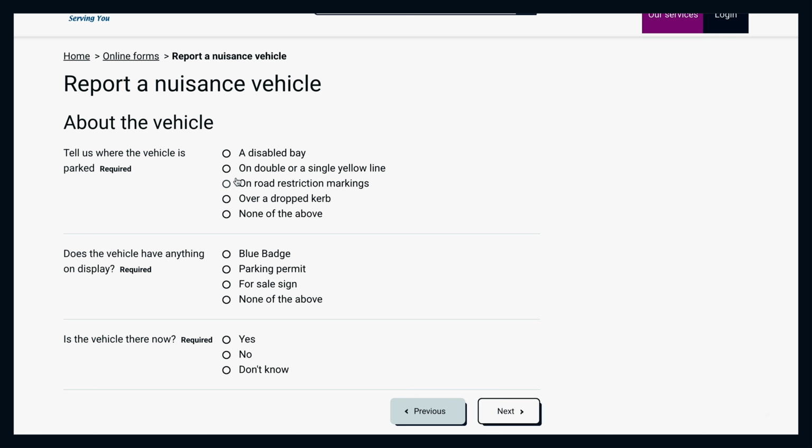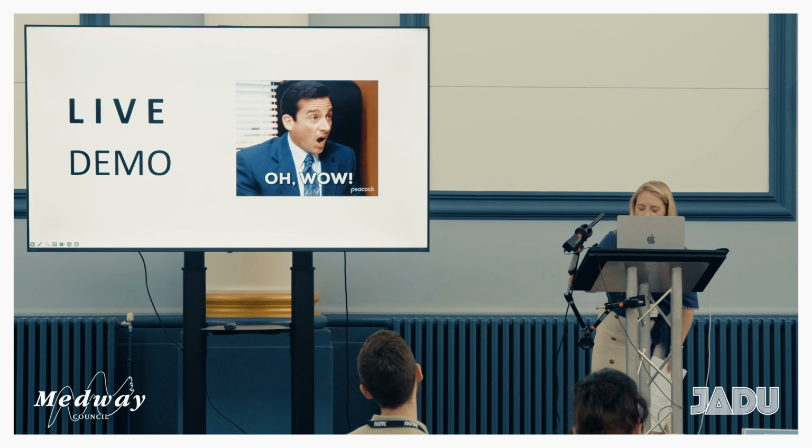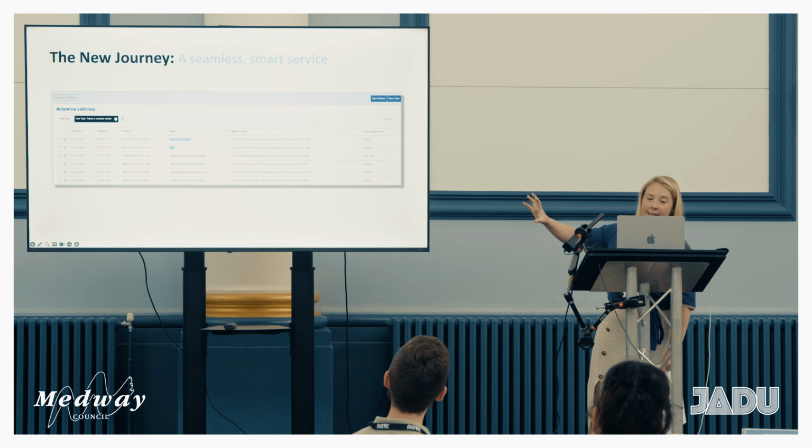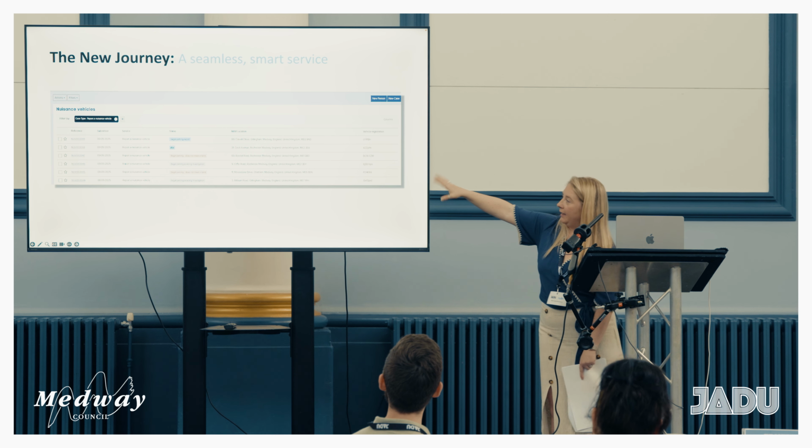So if they say it's parked in a disabled bay, but it's not, and it's providing a parking permit, it could be that it's illegally parked or it's an abandoned vehicle, but there is a lot of logic that is behind this that you have to kind of unmap. So once I've submitted that form, this is then creating the cases that you can see in the Connect